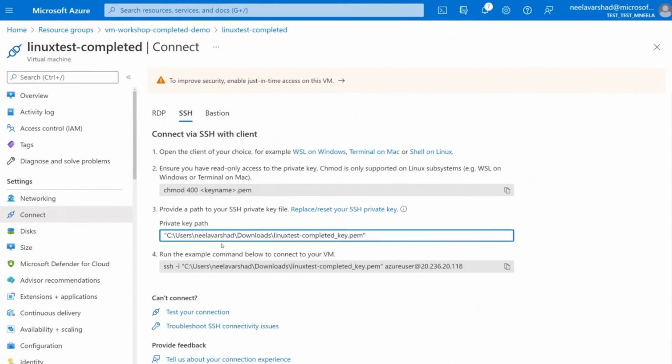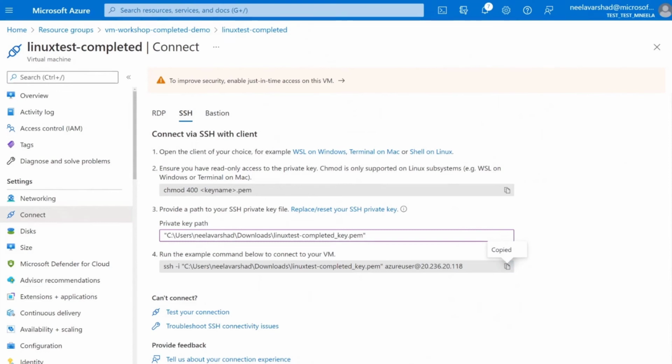So what I'm doing is essentially getting the path. When we initially created the virtual machine deployment, it downloaded a particular key for us before starting the resource creation. So I'm simply going in and getting that location of the key, pasting that here, and I'm going to